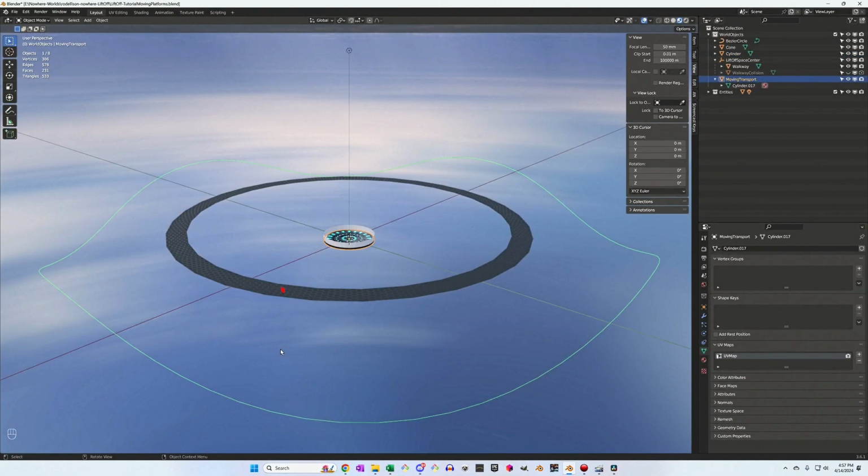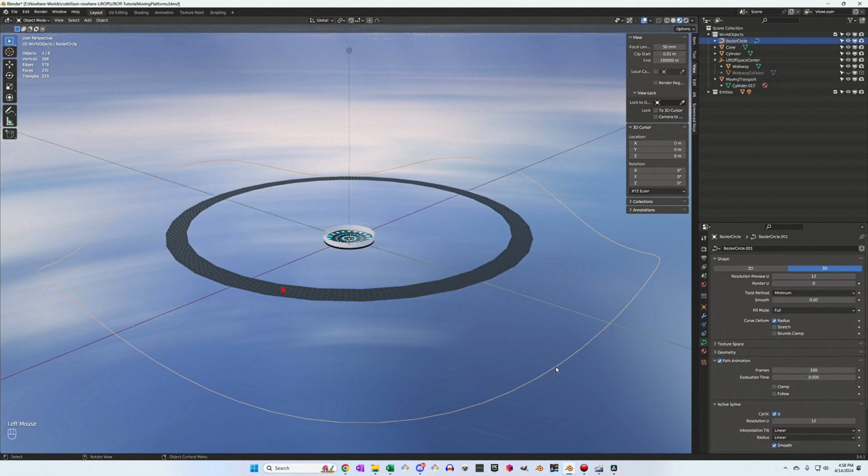The next step is to animate the visible mesh so that it goes around the loop or the path that we've set up in the curve object. So the first thing we do is actually select the curve object and go to its data properties, and we need to make sure that the frames are set to correspond to the length of time that we want the visible mesh to move around. In my case, I like it to be a full 60 seconds. 1 minute is a full loop around this curve. And at 30 frames a second, 30 times 60 for 60 seconds is 1800. So I need to set my frames to 1800